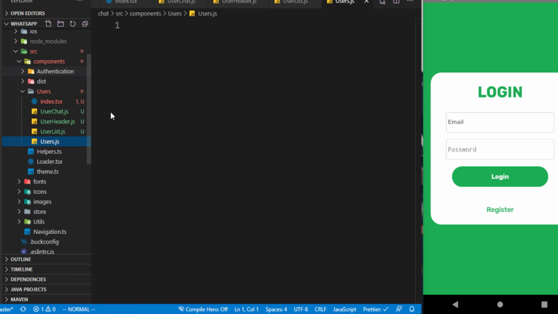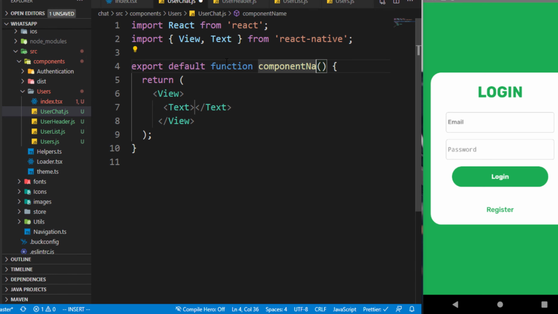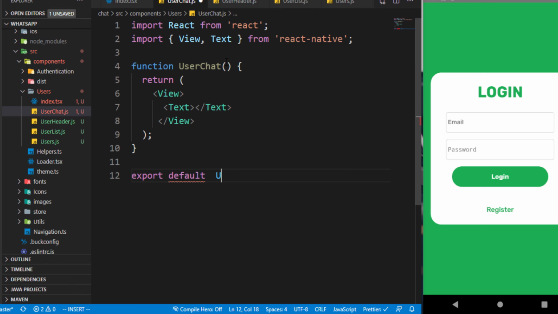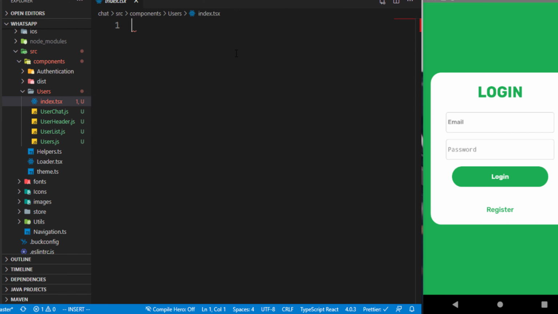Then, okay, we already have our index.css file. Over here, all these files don't have a component right now inside of them, I mean, the component functions. So I'm just going to quickly create those. I'm just going to name these user chats. I usually like breaking this down, and I'm going to export default user chats. I'm not going to waste time doing this. You've seen how we can do it, so I'm just going to quickly do it on the other components. Inside this index.css file, I'm going to import React